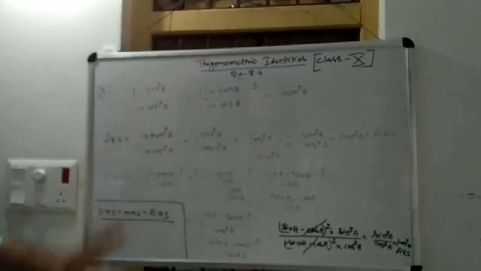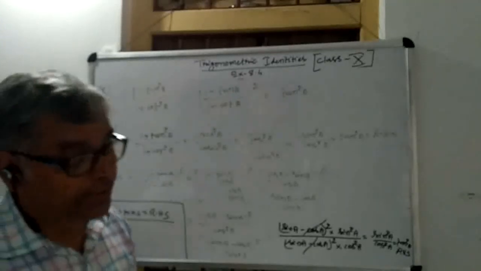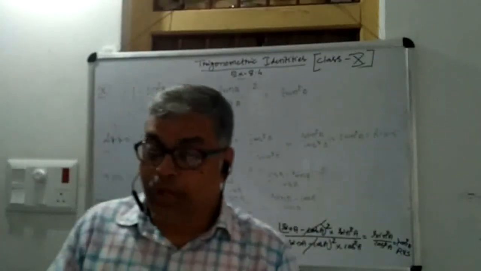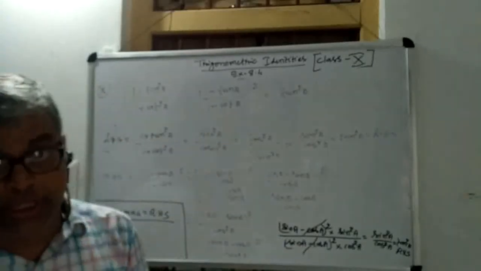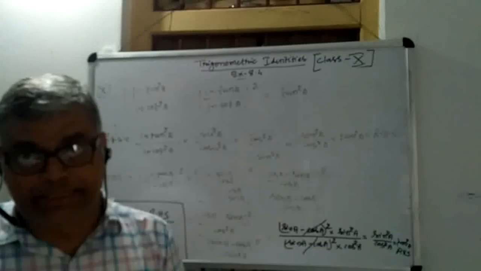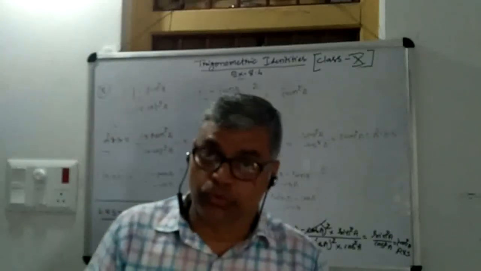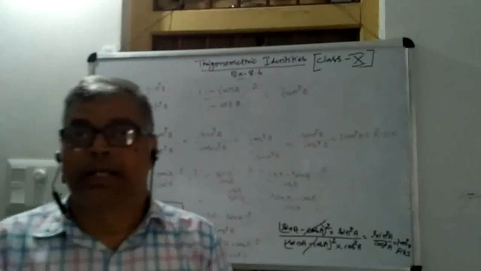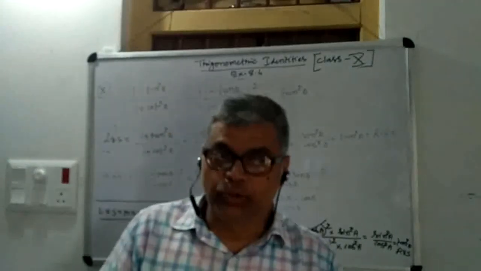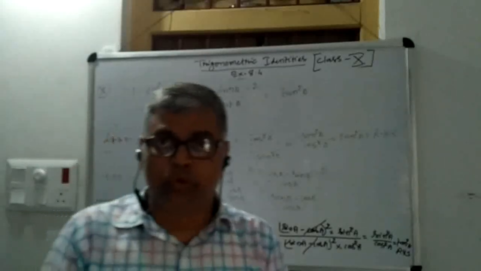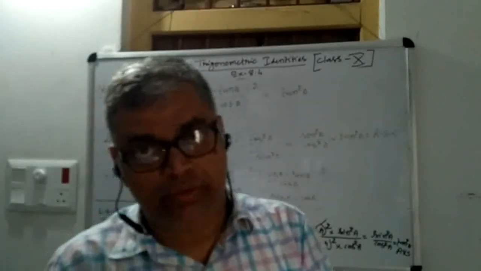So in this way this exercise has been completed, but you have to solve a few more examples or a few more questions from the identities. You have to solve all the questions of the NCERT and the examples given in the NCERT book, and you may take other books also to practice some more identities to overcome it.